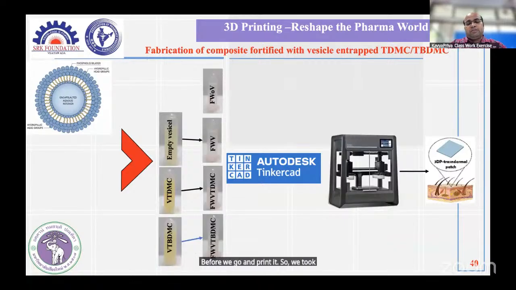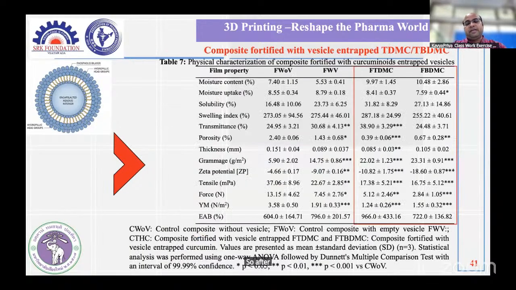We took the composition as I presented in the beginning, polyvinyl along with different polymeric compositions, prepared the gel, transferred the vesicle entrapped formulations into those gels, and then printed it. After printing, we tested further physico-mechanical properties,